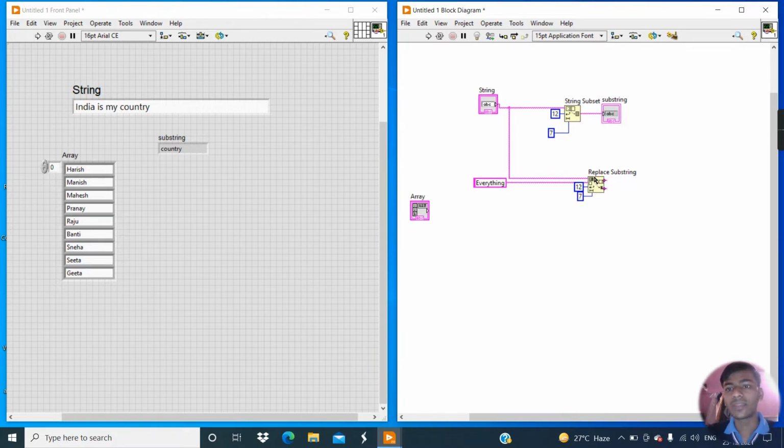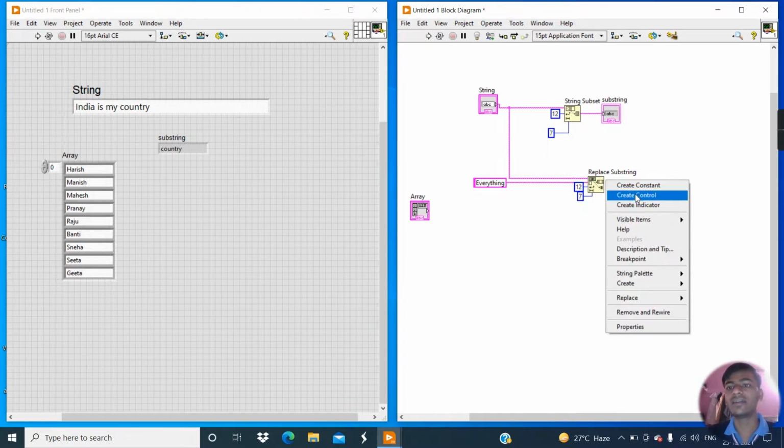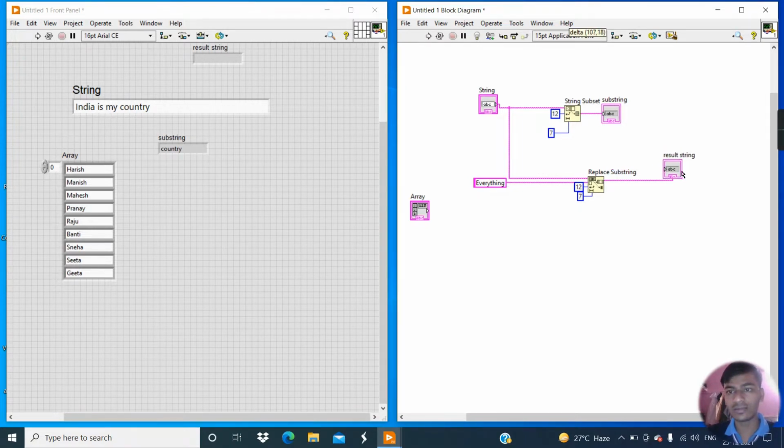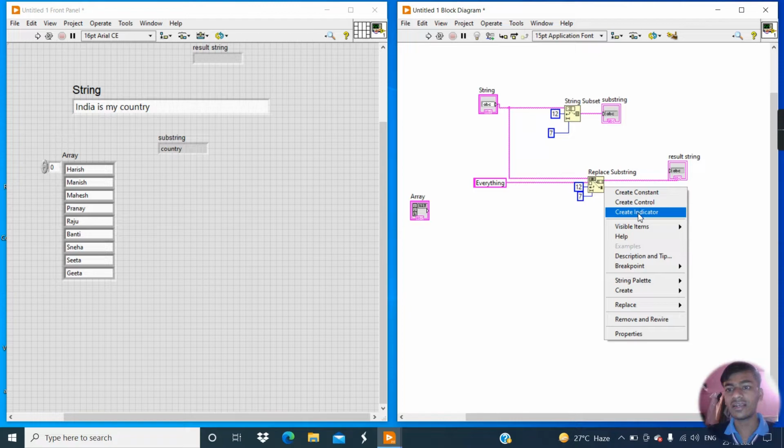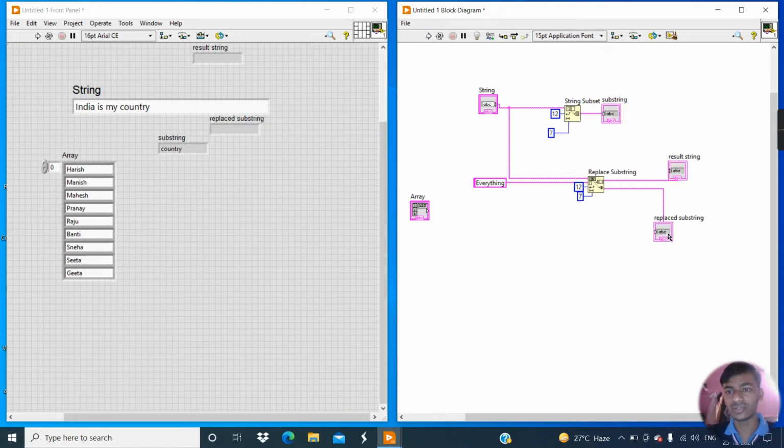Now there are two output terminals of this replace substring. First is the result string. Right click, create indicator, and change the position. Again right click here, create indicator and change the position.